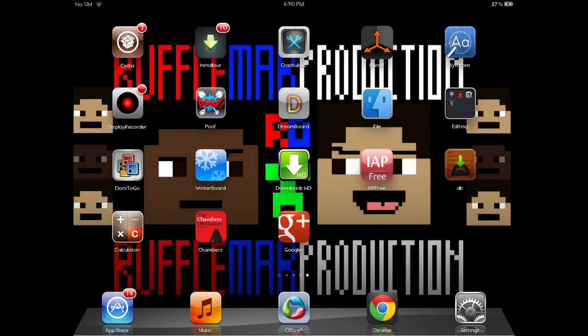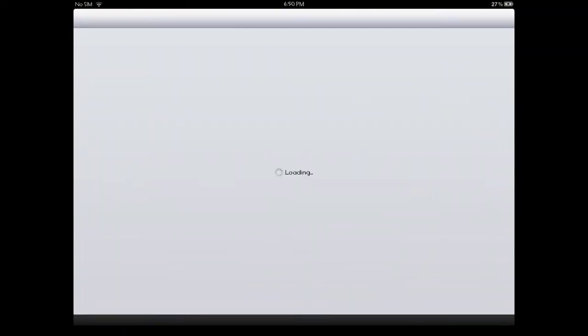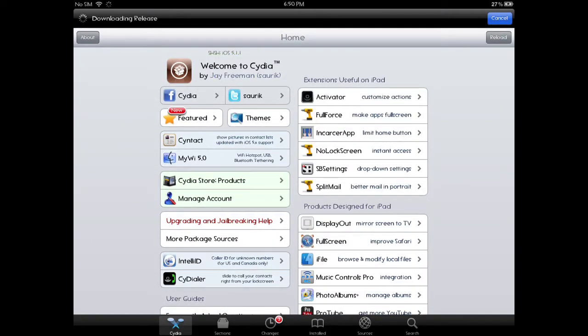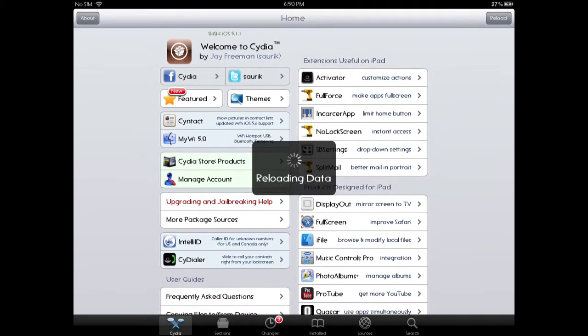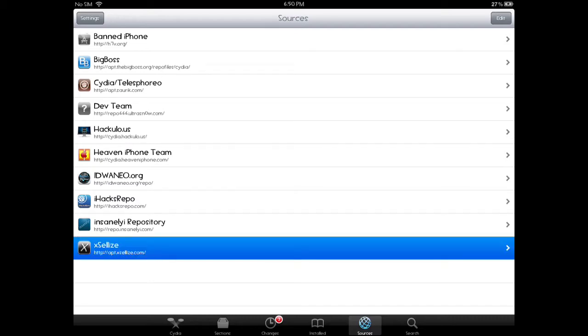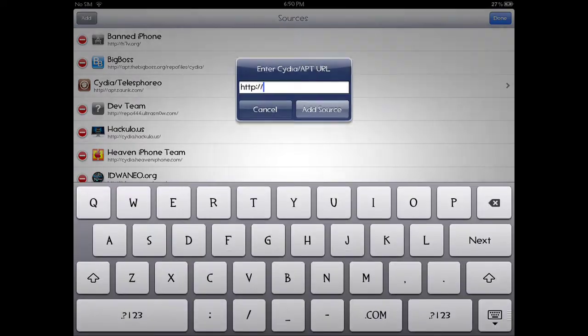First of all, again, jailbroken device, go to Cydia. Let it load. Oh, I have to download some packages first. It's like updating Cydia every couple of minutes or so. Reloading data. Now, you're going to need to add this source, which is called XLEs, right here. In order to get this, you're going to have to add a new source. Now you're going to have to type in, well, this is already there, but http://